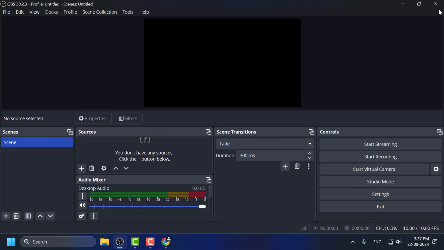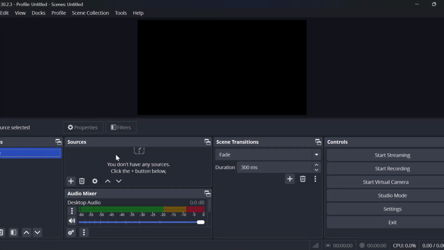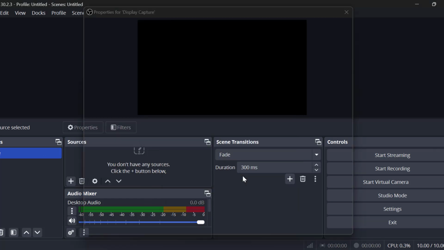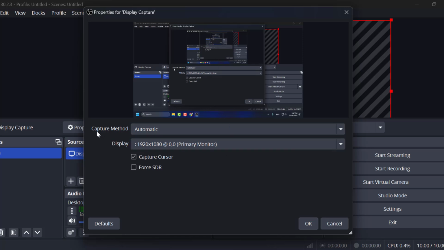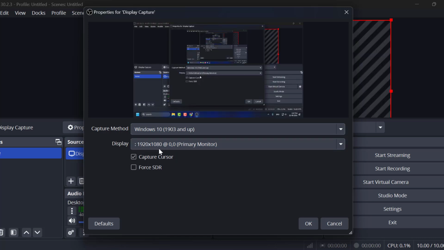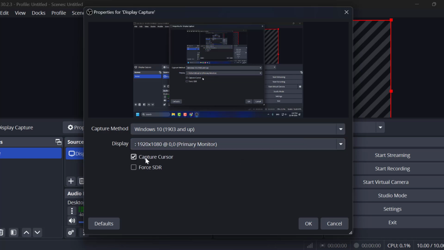Method 2: you just need to right click on OBS Studio and select run as administrator and select yes. Now under the source, you just need to select this plus icon and select display capture and select OK. And now capture method, click on this drop down and select Windows 10 and display, click on this drop down and select primary monitor, and capture cursor if you want, then check mark it and then click